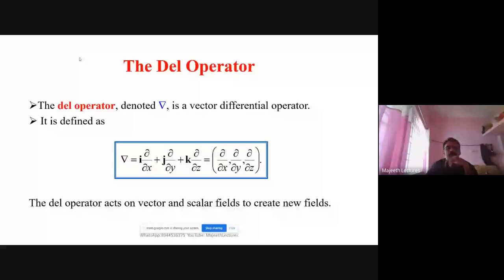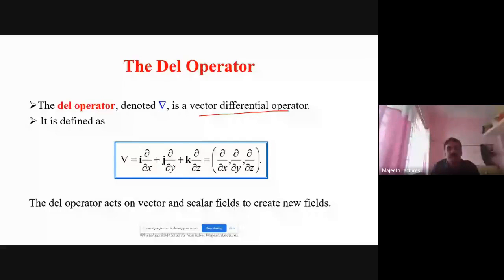The first thing we must know in electromagnetics is the del operator. This is a very, very important operator, because you must have remembered you studied only del in all 5 units. So we must understand what del is. Del is a vector differential operator, right? Detailed things I have put on my channel, but I give the very important points, and only those I will explain. The definition of del is i, a unit vector, dou by dou x, plus j dou by dou y, plus k dou by dou z.